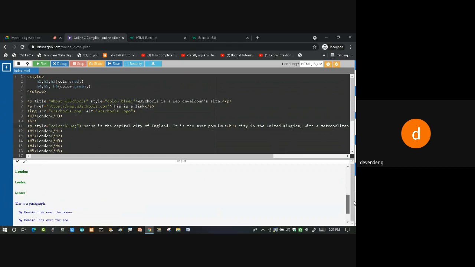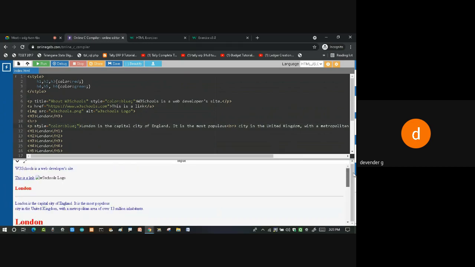So see, everything has got blue color, but this was a tedious job. If I take care, then only I will get the proper result. If I forget, then that paragraph will be highlighted with some other color. So if I want to avoid that particular thing, then instead of going for inline, I'll go for the internal style sheet. So that is the advantage of internal over inline.